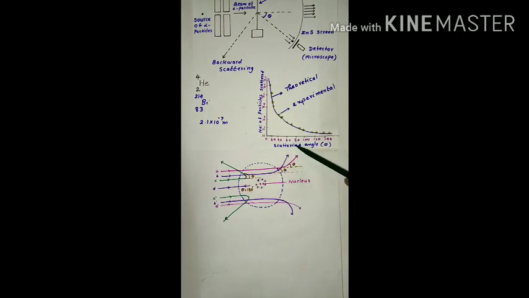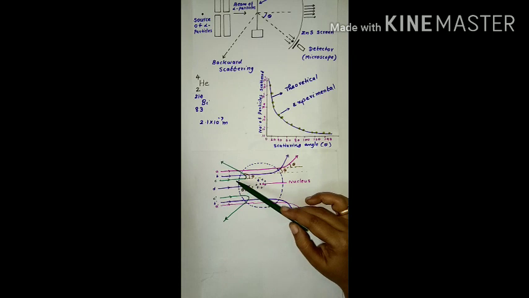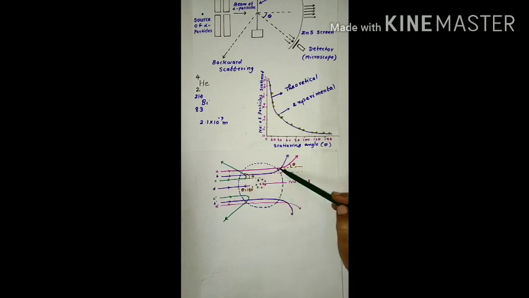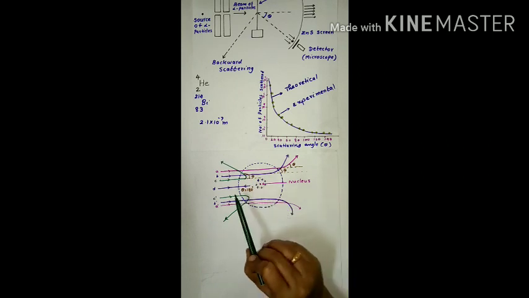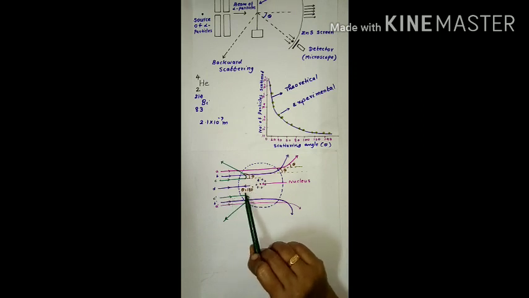More than 1 degree, the number of particles scattered is less, but the scattering angle is more. It represents the alpha particles B, B dash, C, C dash and D. So these alpha particles suffer large angle scattering, and D represents that the alpha particle reaches through a distance and it rebounds. So the scattering angle is 180 degree.